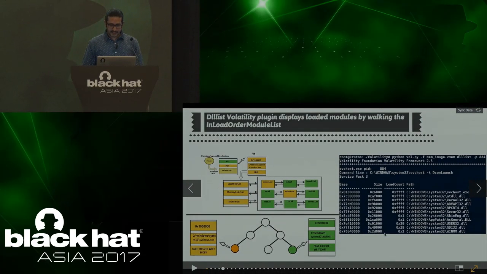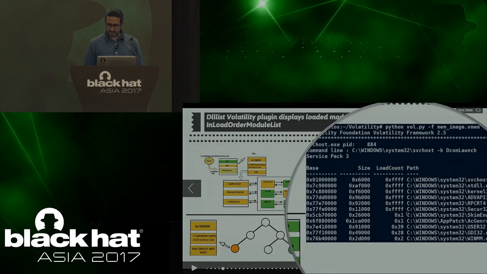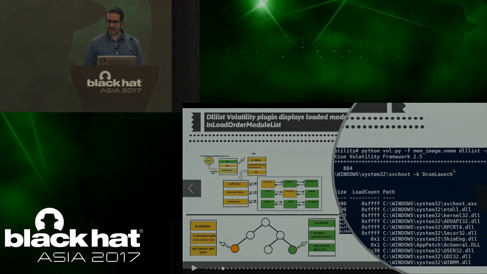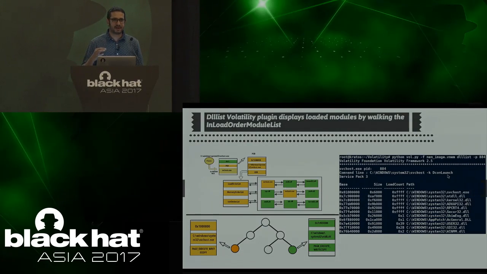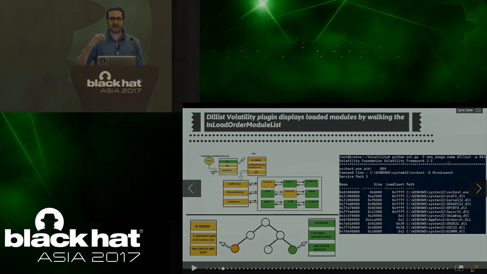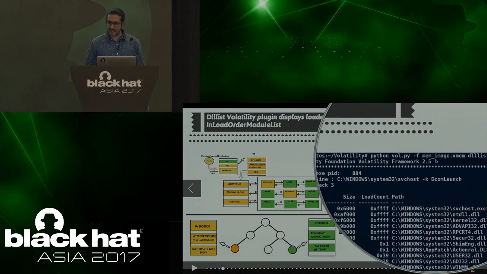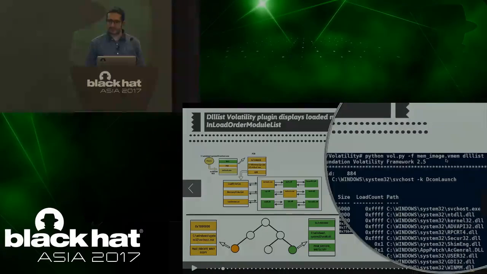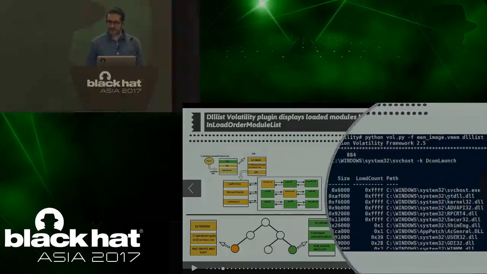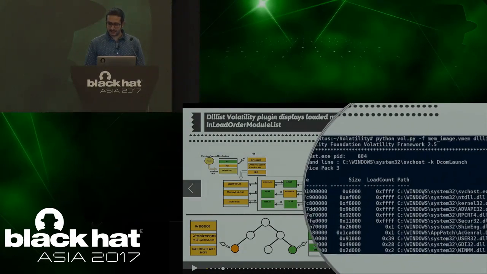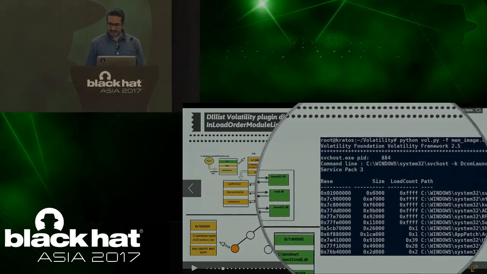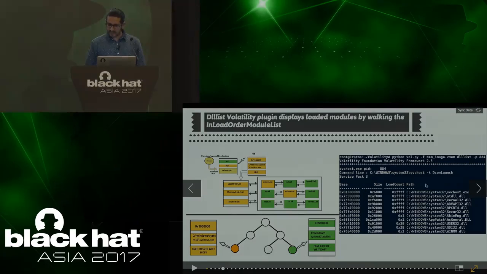So here is a screenshot from a plugin from Volatility. Volatility is an advanced memory forensic framework. It can take a memory image and you can run plugins on that. In this case, you see I'm running a plugin called DLL list on a memory image. I'm listing the DLLs of a particular process. You see that it is displaying all the information like the base address, the full path to the executable, and the full path to the DLL and so on.